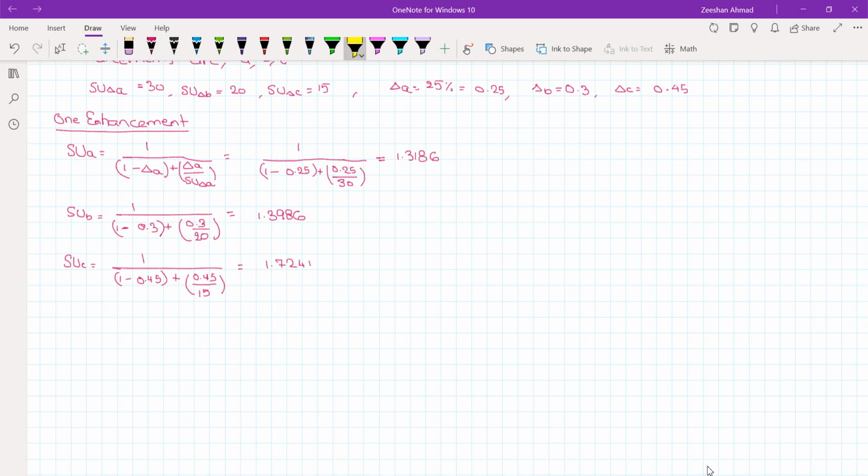Obviously, the last value which we calculated is the maximum value. So it means that enhancement C can be adopted to get the maximum speedup, to improve the overall speedup of the system. Let me write it down and I can do the question on this side. So enhancement C can be selected